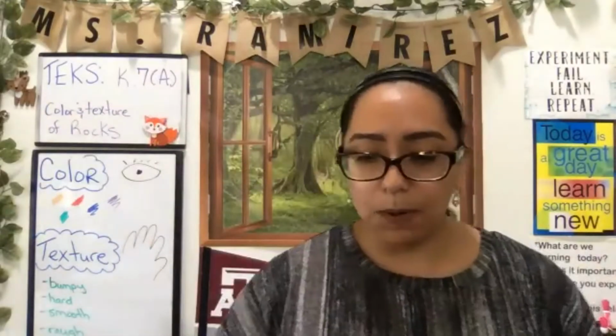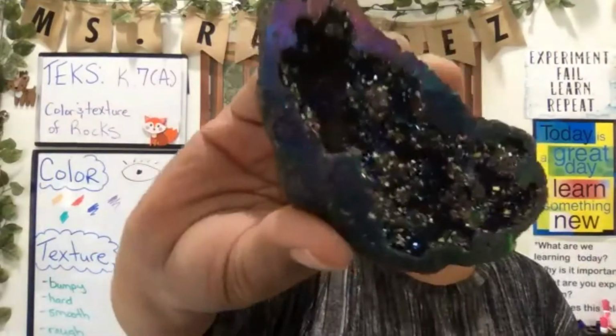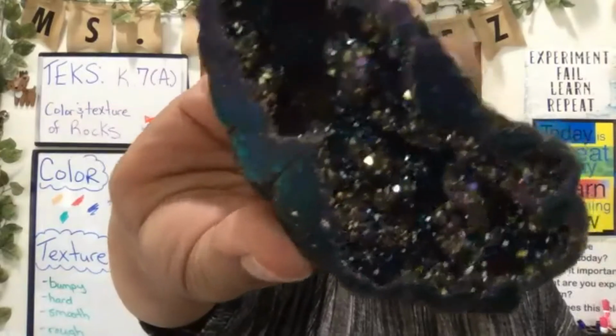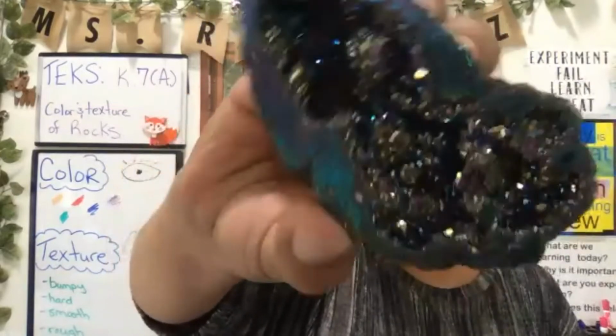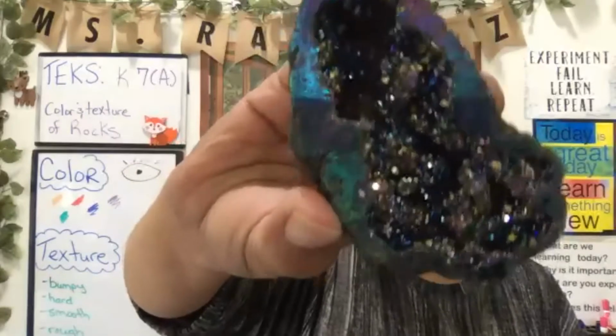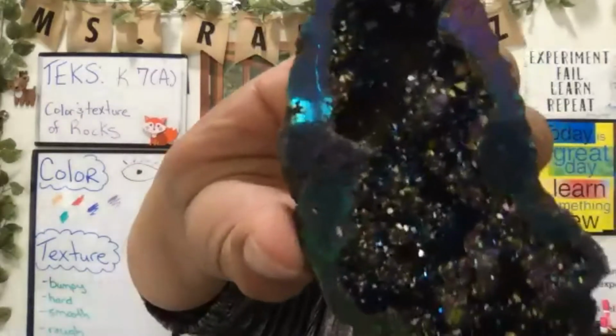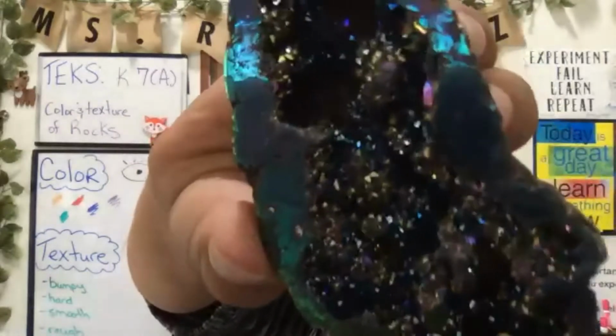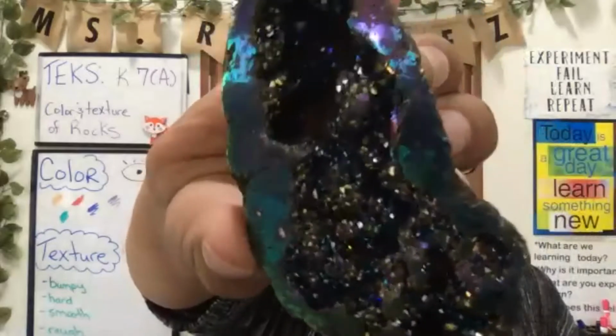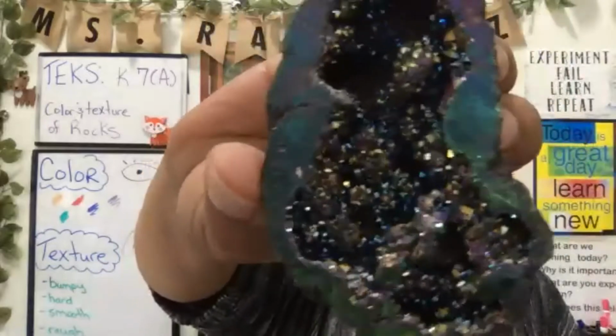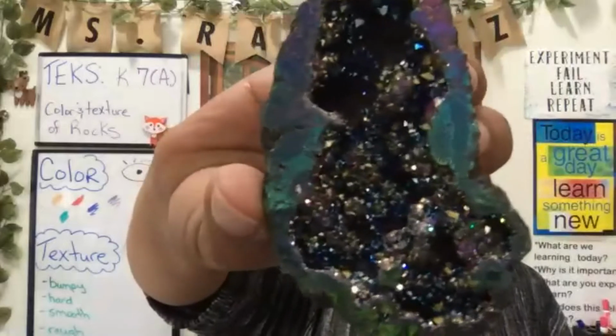For example, I have a cool looking mineral here. This is quartz, and it's a pretty sparkly mineral. A lot of our rocks actually have quartz in them. And this is one of my favorites. This is rainbow quartz. Notice those pretty colors. What colors can you guys see inside this quartz? So that's a mineral. I'm going to share my screen with you guys and we'll look at some other